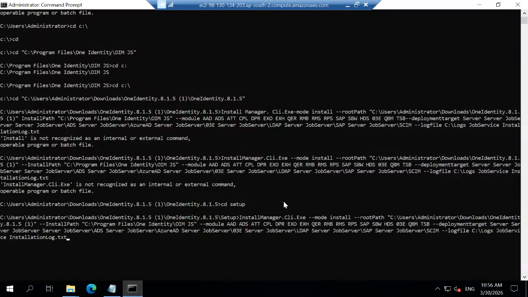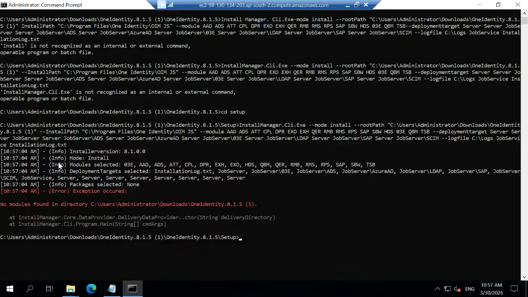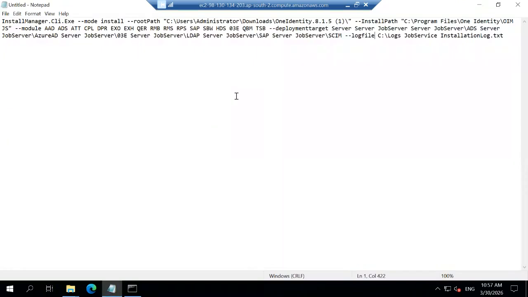Remove that. You added something extra, right? No, I just copied from your chat. Okay. Yeah. Go back to the notepad. I think you put one extra backslash, right? Remove that. This one. Yes. Now again copy paste and